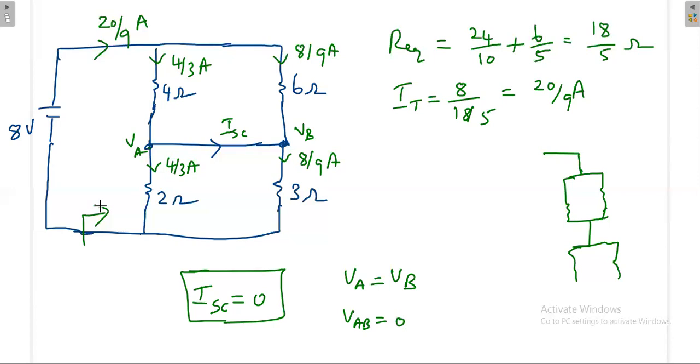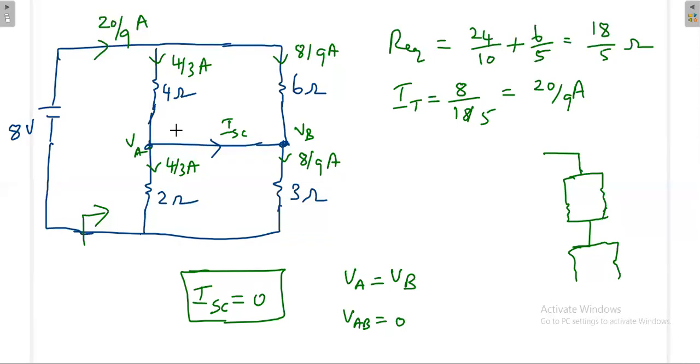Now in this case, when the bridge is balanced, what is evident from this? When the bridge is balanced, let it be either short circuit or open circuit, or if it consists of any element, you can simply ignore that. That is the idea from this. Even if somebody forcibly makes a short, the current will not flow if the bridge is balanced. That is the idea.